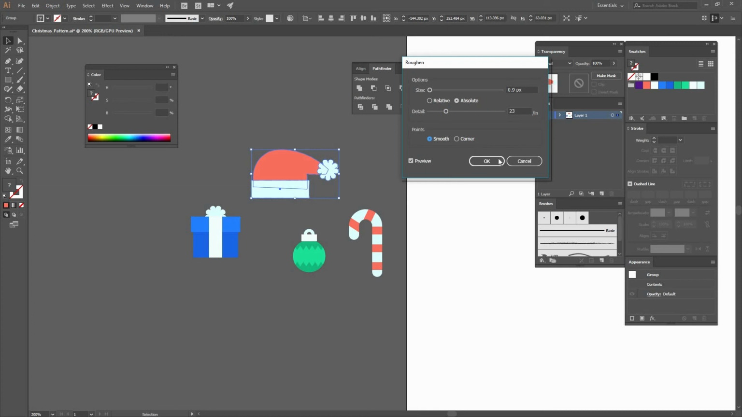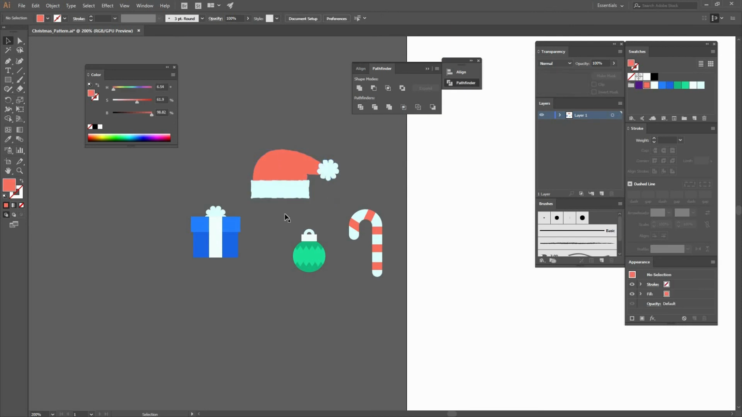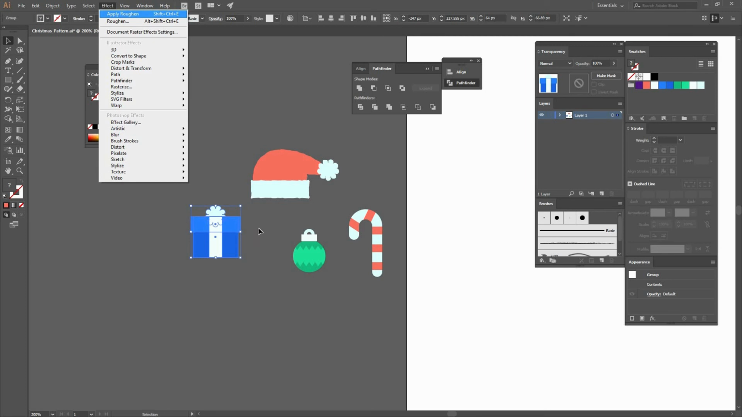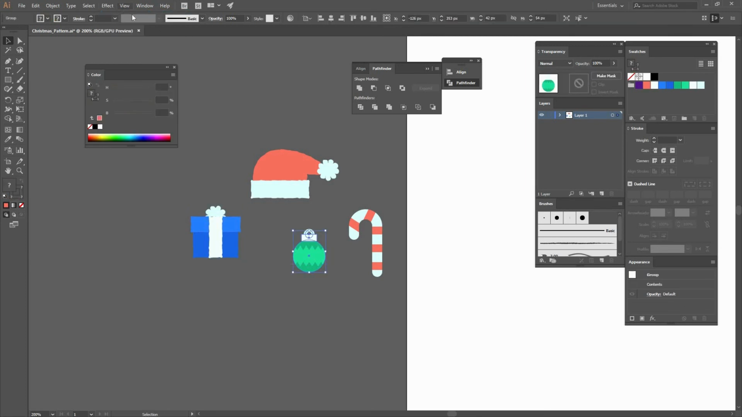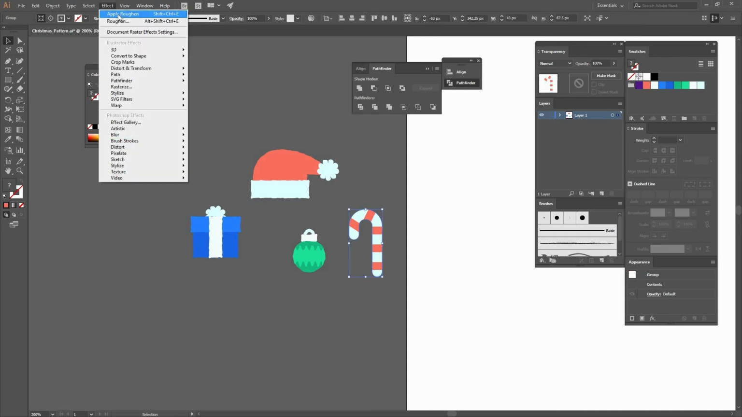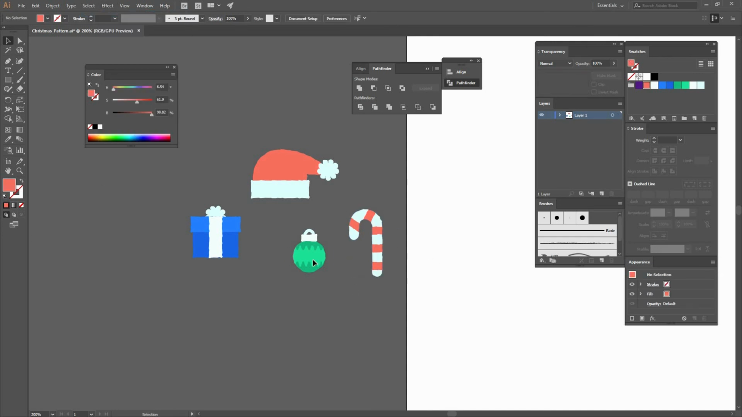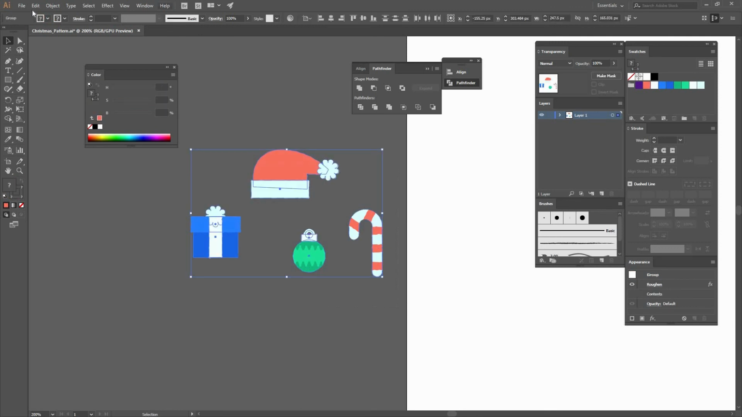and you're going to see how that effect got applied, giving your object a little bit of roughen. Now let's go to Effect and just apply roughen. You can see it right there on the top. So you apply them to all the shapes. And now that you have them all, just select them, go to Object,